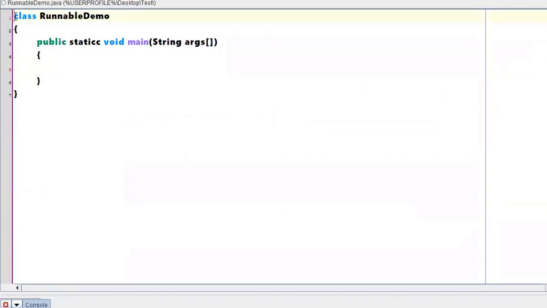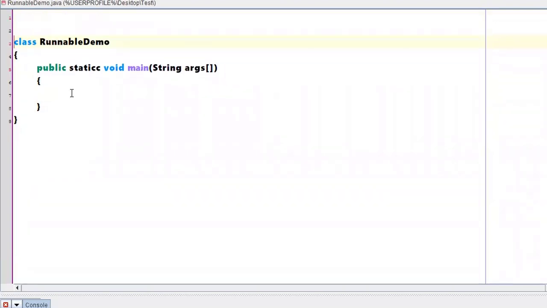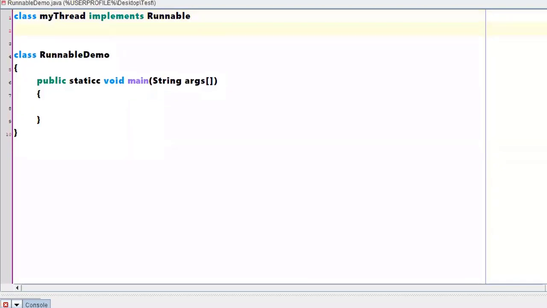So the topic we are discussing is creating a thread by implementing the runnable interface. Okay, so class MyThread implements, right? What you need to implement? You need to implement the runnable interface.